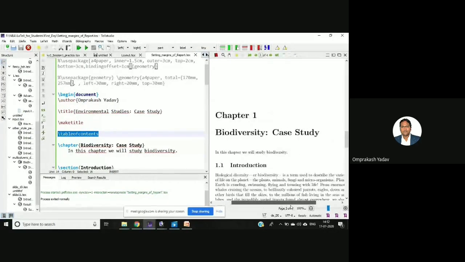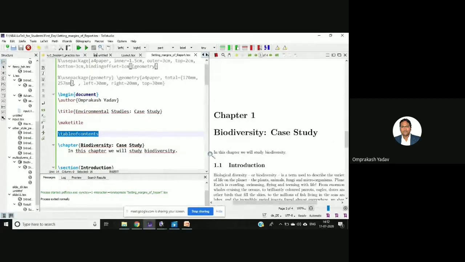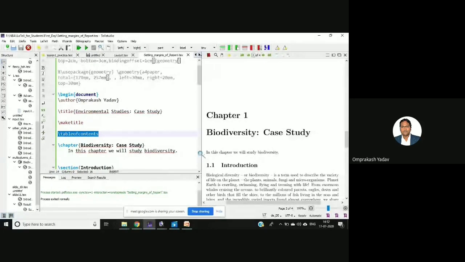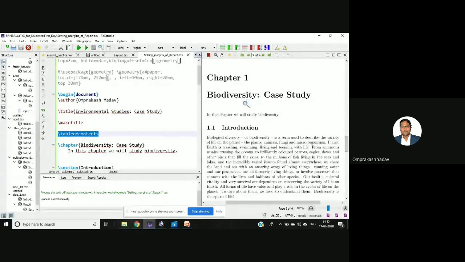Yeah, now it's looking proper. So if you see, chapter 1 is there, biodiversity case study. Then the 1.1 section is there, introduction.